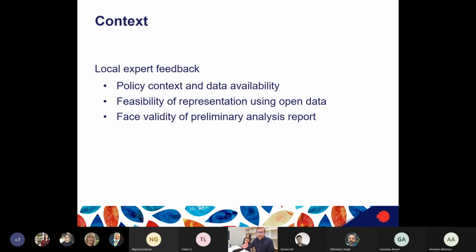So we did a preliminary analysis using data sets, which I'll introduce in the coming slides, and receive feedback. And this cycle of producing results and receiving feedback was an aspect that has continued and is continuing throughout the project, to make sure that what we're producing matches the expectations and understandings of people who really know the place, is in line with the data that they have and are aware of.